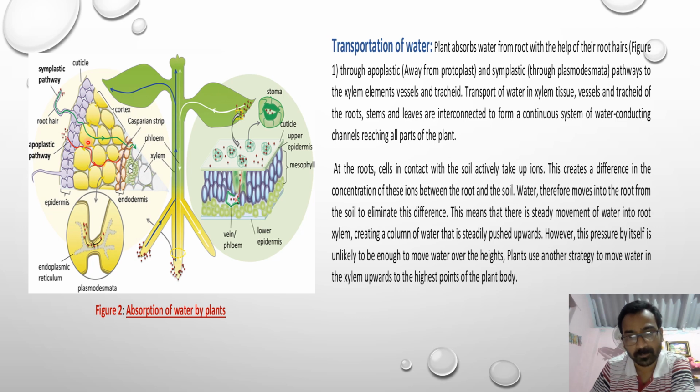Absorption of water is highly specialized because it takes energy for the exchange of ions between the cells of the root, that is the root hair cells, and the soil, and they force water to come inside by making a condition of osmotic difference from outside to inside up to the xylem element. Water is stored in the xylem element, but it needs to be taken up. Taking it up against gravity requires a lot of upward forces.